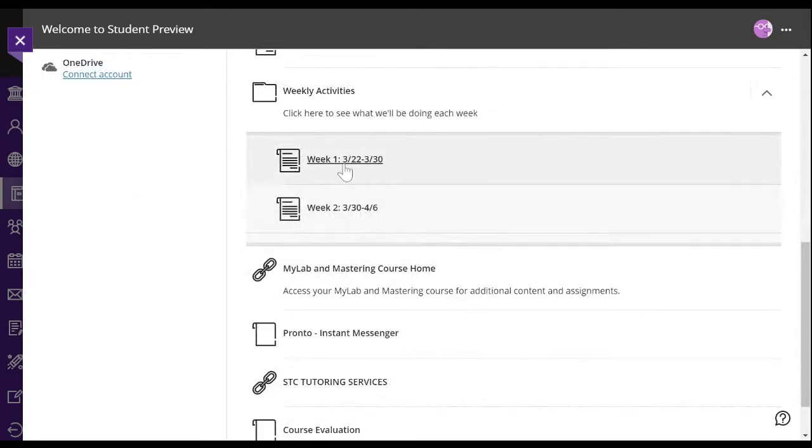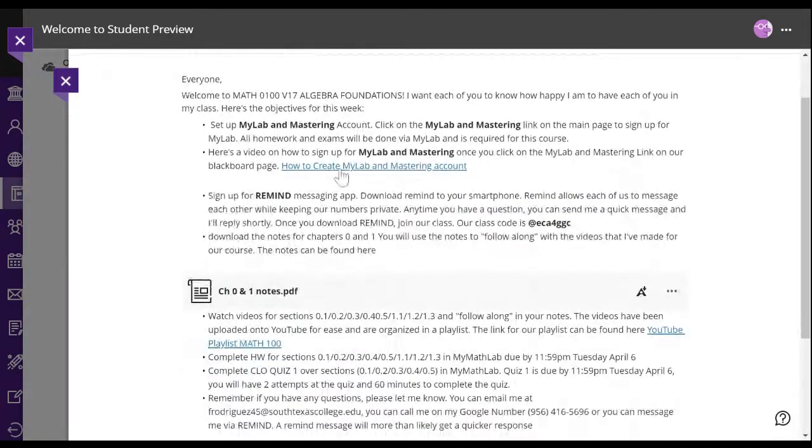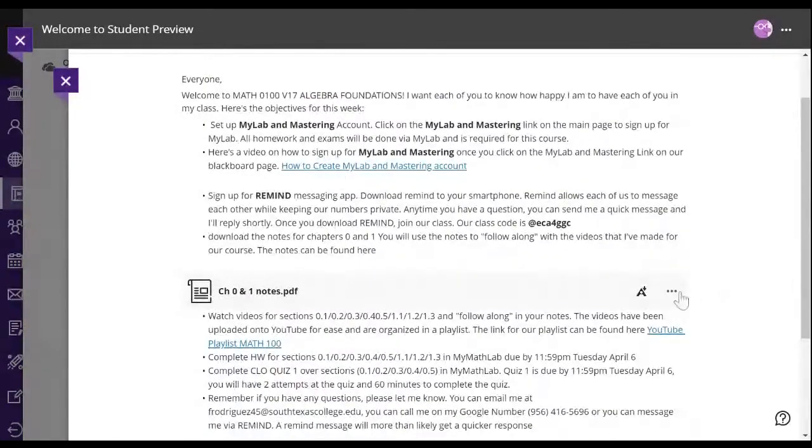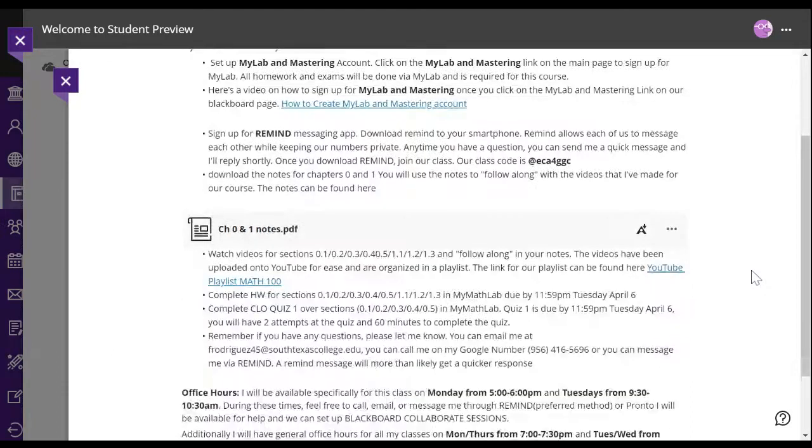Last week when we were here, I pulled this up and showed you the notes. Every time you want to get your notes, click on these three dots and always hit download the original file. I don't know why it offers alternative formats, but usually it comes out not exactly the same, so I always go with download the original file. We also have a playlist on YouTube of videos that I made.